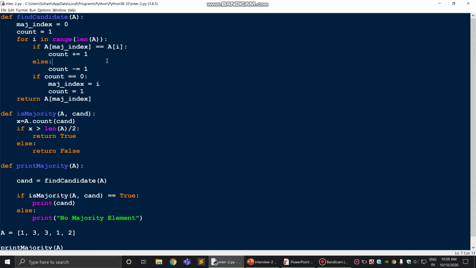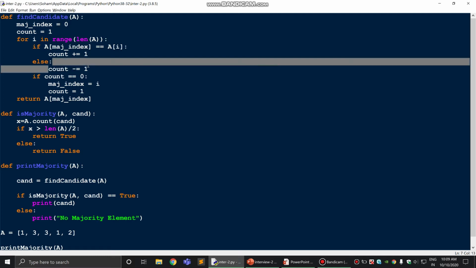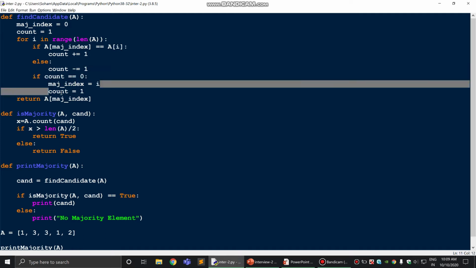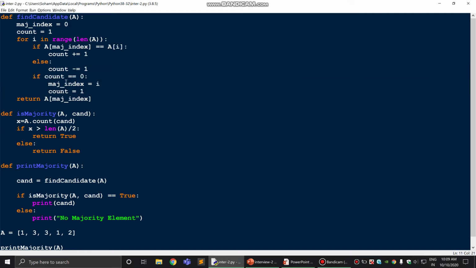So if the next element is equal, we increment the count, else we decrement the count. And also if the count is 0, then we reset the count to 1 and majority index to i. So i is the current index, and after the for loop, we exit it and return the majority element we found.